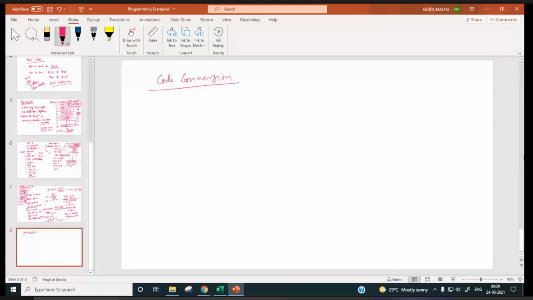Right. When we type something on our desktop or laptop using keyboard, what happens? Whatever key we press, corresponding ASCII is generated and it goes into your computer, right? Suppose we are pressing 5.